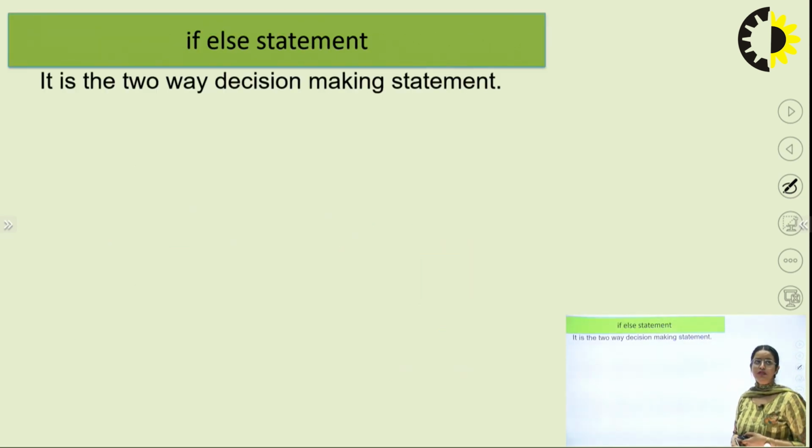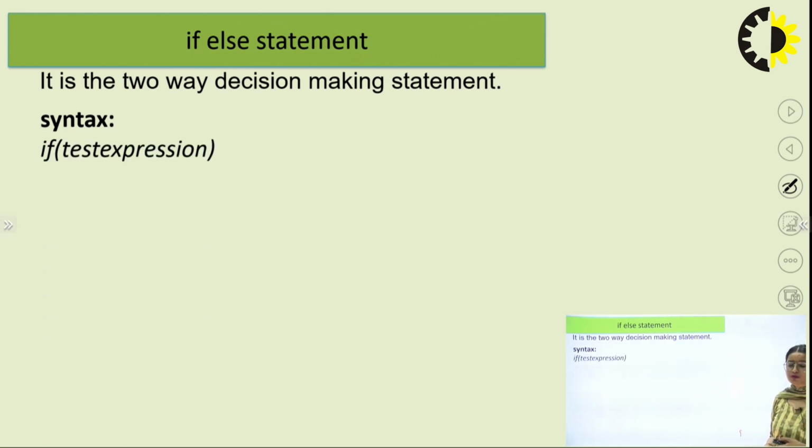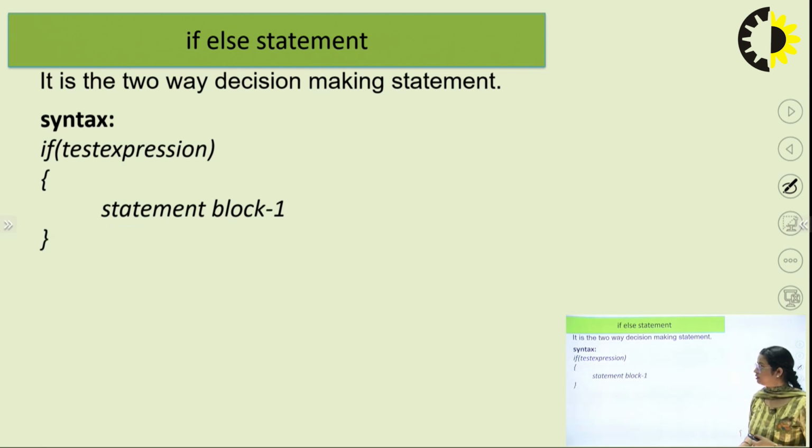Now the second one is the if else statement. This is also known as a two-way decision making statement. Why do we call it a two-way decision making statement? Because here we are testing the condition. We have two decisions: if the condition is true, then what will happen? If the condition is false, then what will happen? So here this is the syntax